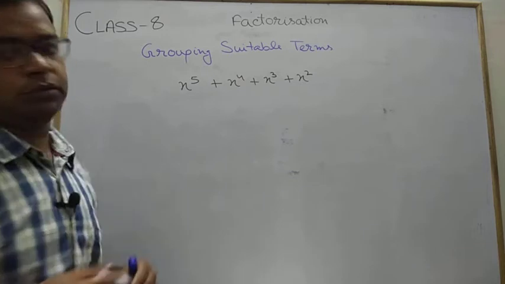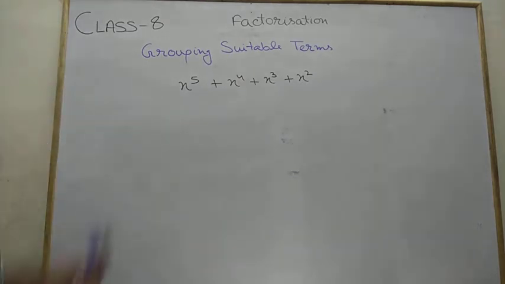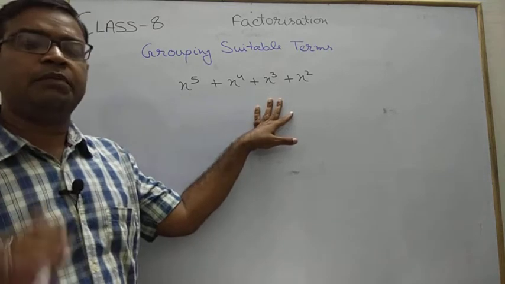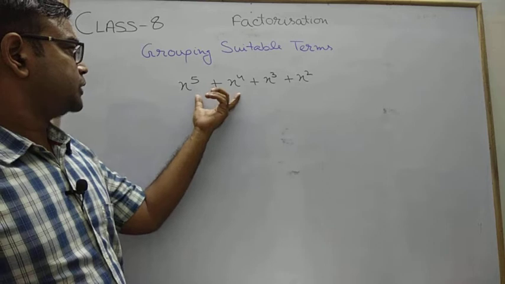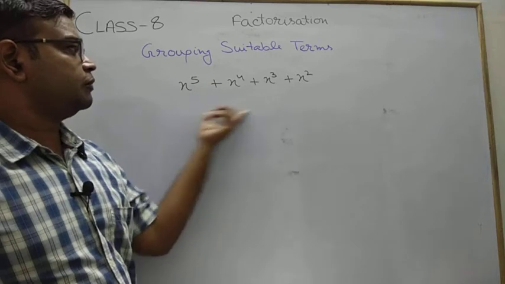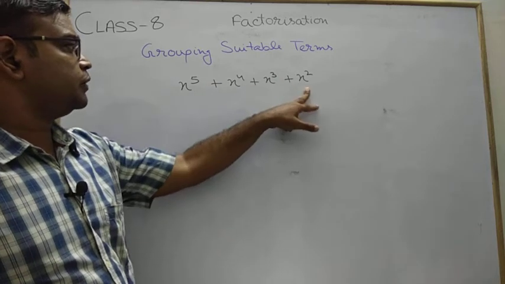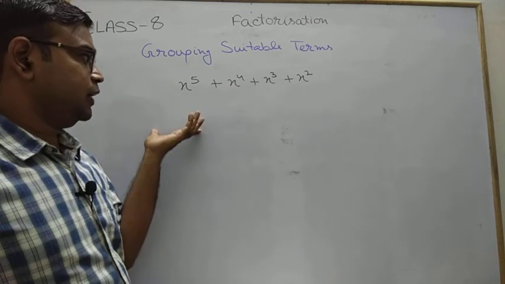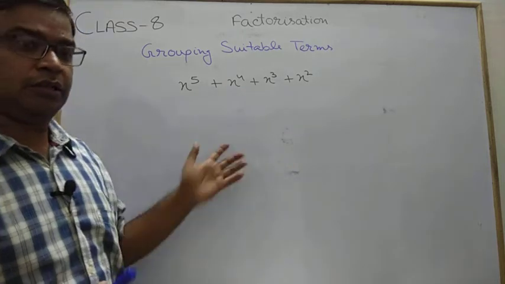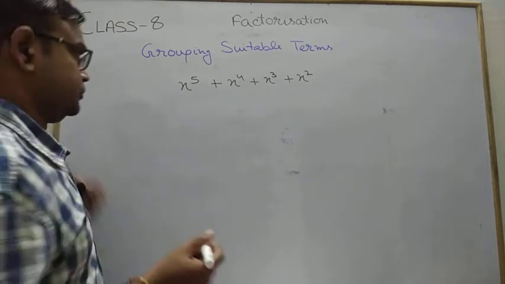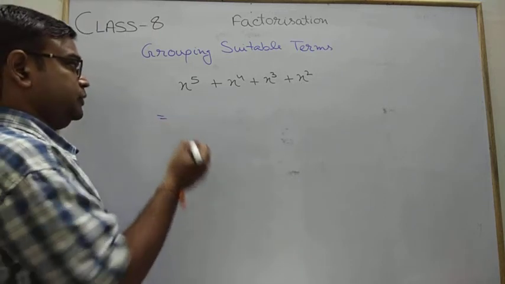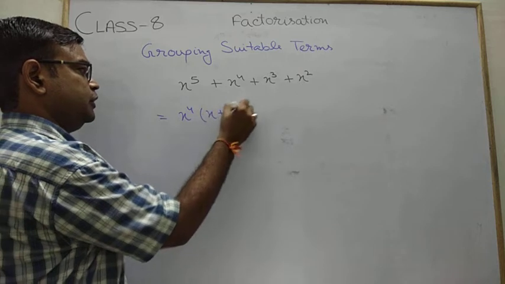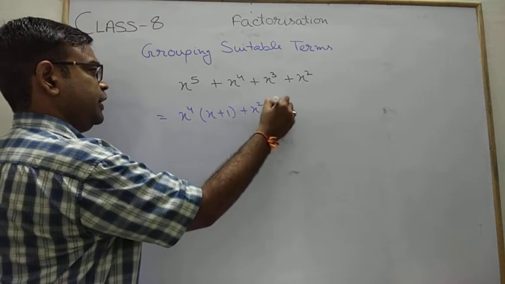Okay, this is your question. And what do common people solve? They take x to the power 4 common from this side, x to the power 2 common from this side. They have x + 1 over here, x + 1 over here. It's good for them. If we do it this way, check whether we are able to find the answer or not. We can find it. x to the power 4 common, we have x + 1. x to the power 2 common, we have x + 1.